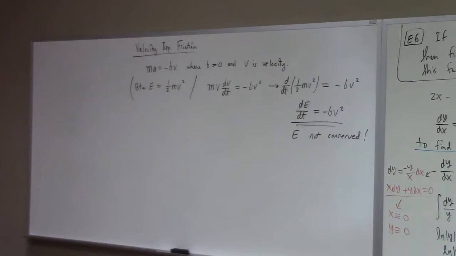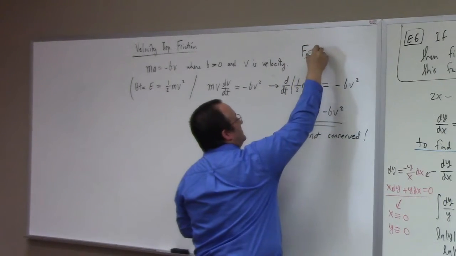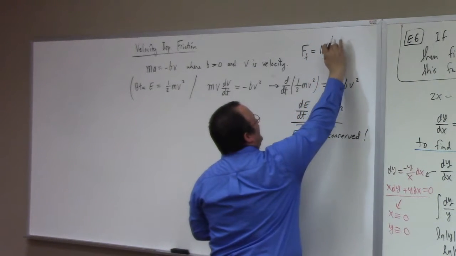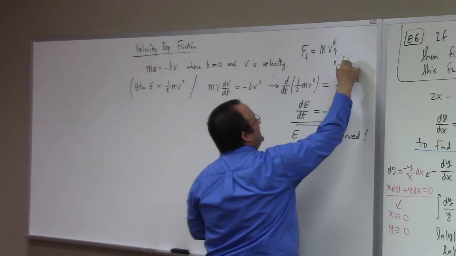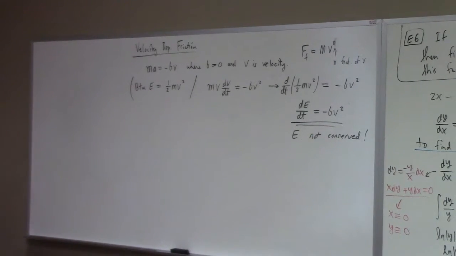Although that's not the coefficient of friction you had in 231, right? I'm just saying it's some coefficient which describes friction. The actual way friction works for a car or something like that is actually way more complicated. It's something more like this, guys. It's something more like the force of friction is like there's some constant m, and it's v to the, well, maybe I should say n. But this n is a function of v. So it's something more awful, what real friction is for an actual object you're interested in,